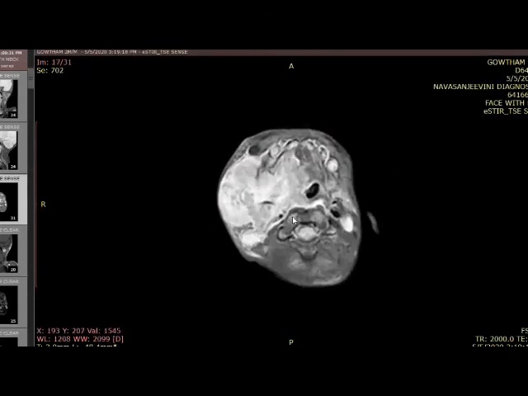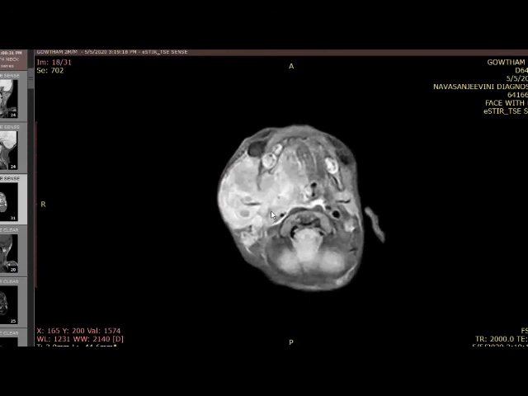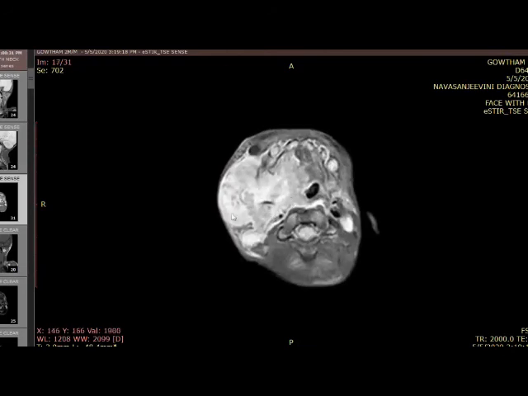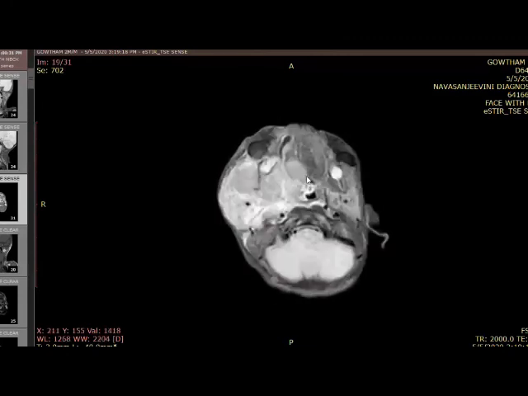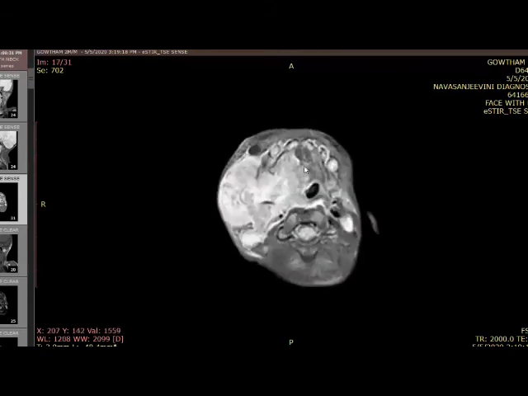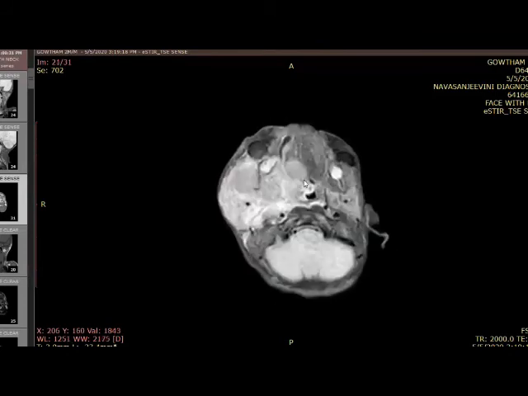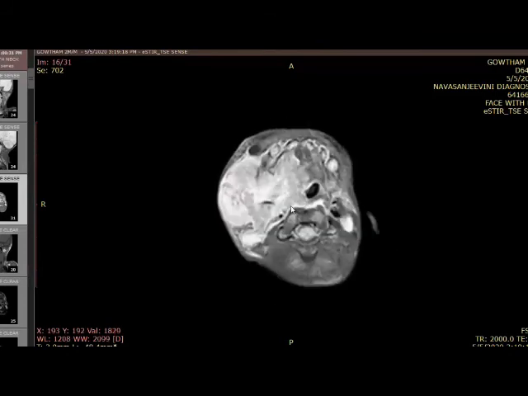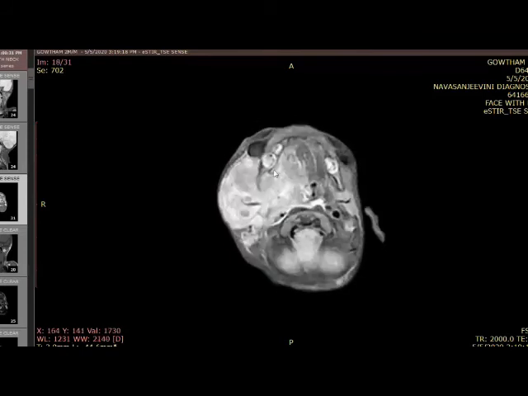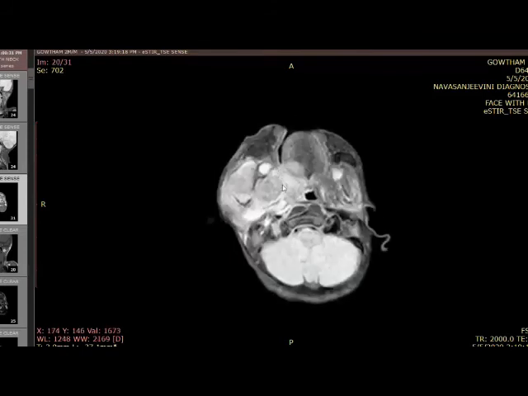A contrast enhanced MRI of the neck was done for the patient, and this is an axial T2 STIR image showing a hyperintense lesion on the right side of the neck. The lesion is involving the right parotid space, and medially it is extending to the right parapharyngeal space. It is showing intraoral extension, involving the right half of the tongue with slight extension across the midline, and inferiorly the floor of the mouth. Posteriorly, it is extending to the posterior pharyngeal wall and displacing the laryngeal airway to the left side. Anteriorly, it is extending up to the alveolar process of the mandible.